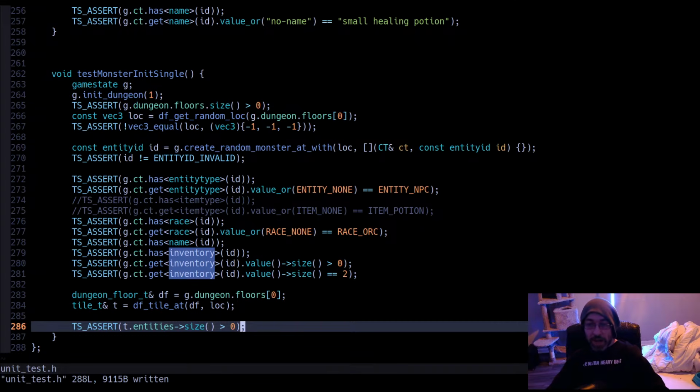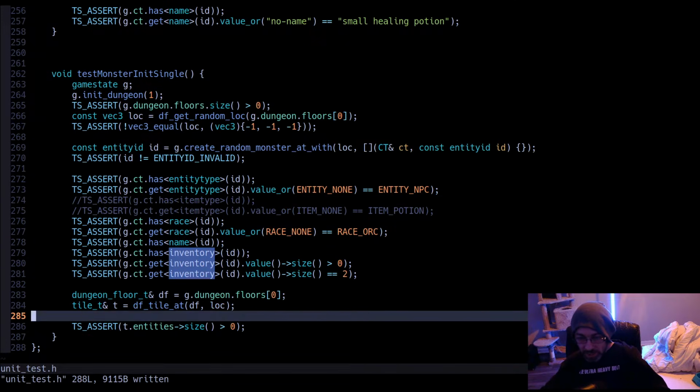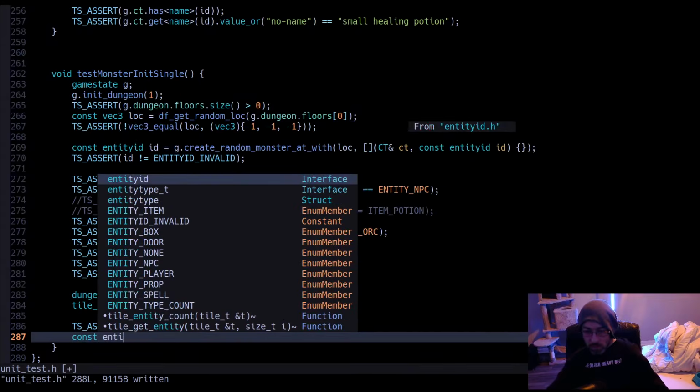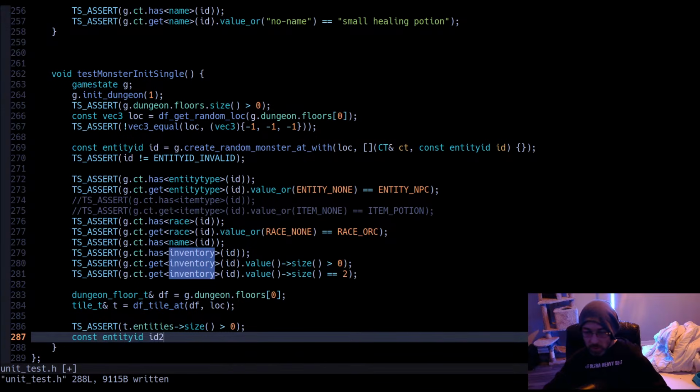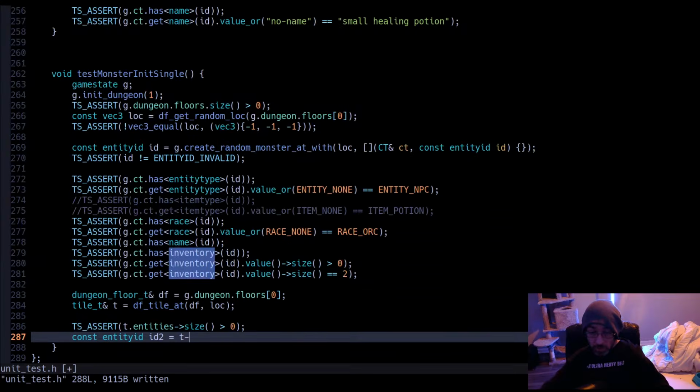And because we have access to the entity ID up here, we could actually yank the entity ID off of P, right? P.entities pointing to at, probably the first.